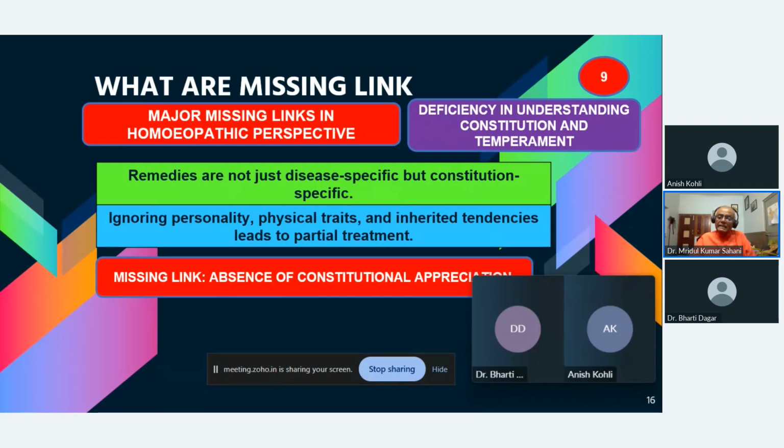Usually we say that Calcarea carb is a medicine for those who are fair, fat and flabby. Does it mean that this medicine is suited only to very obese and fatty people? No. It is also useful for the emaciated type of personality. And what is the constitutional appreciation for Calcarea carb? The entire organizational balance, the equilibrium between what is there in the body and what is there in the mind. They must correlate with each other.